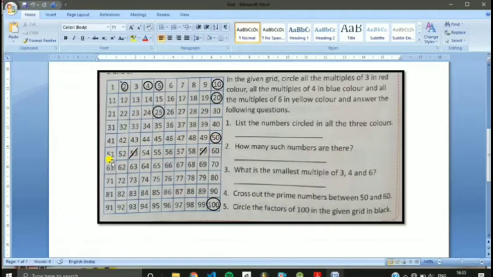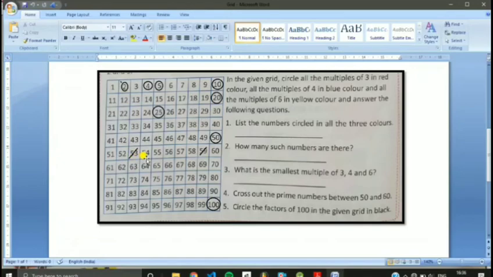So after 50, 51. 51 is not a prime number because it comes in more than two tables. Here it is coming in the table of 3 also, and if you check further, it comes in the table of 17 also. So not a prime number. 52, not a prime number, it comes in more than two tables. Yes, 53 is a prime number because 53 will always come in the table of 1 and the number itself. So here we will be having the cross out. See, I have crossed out 53.